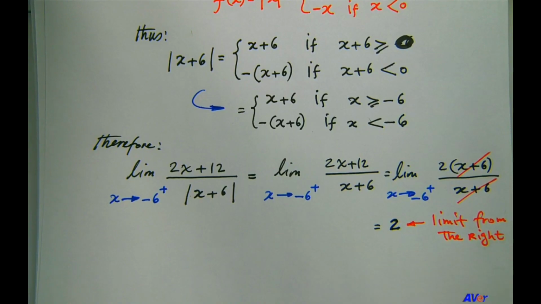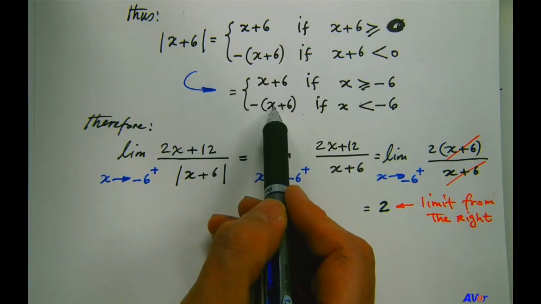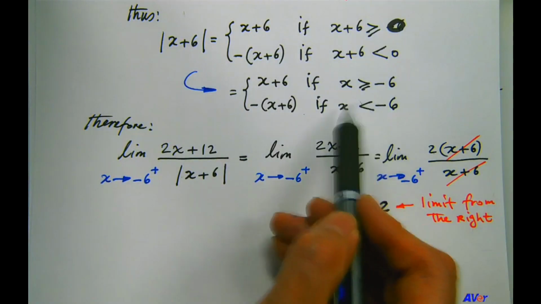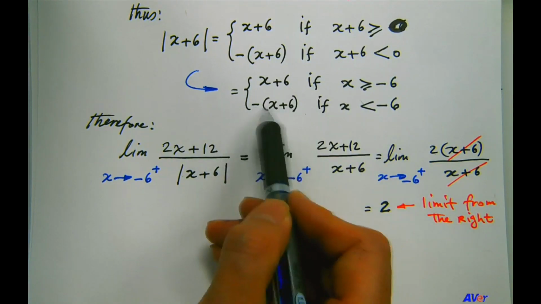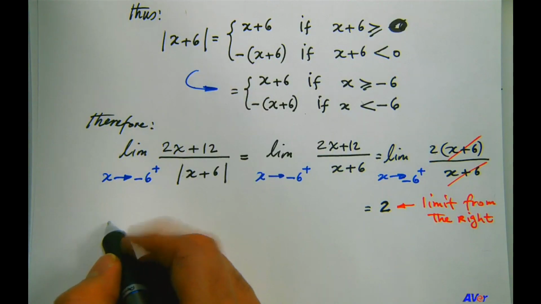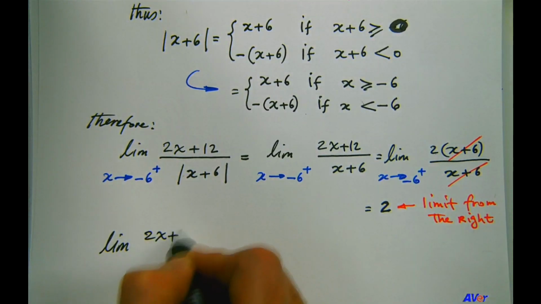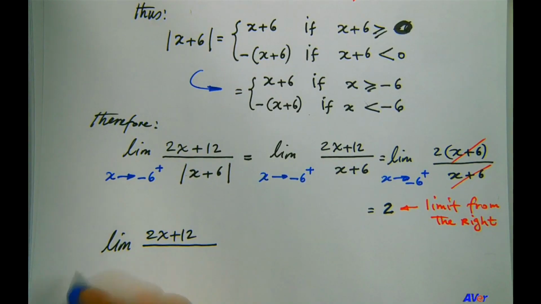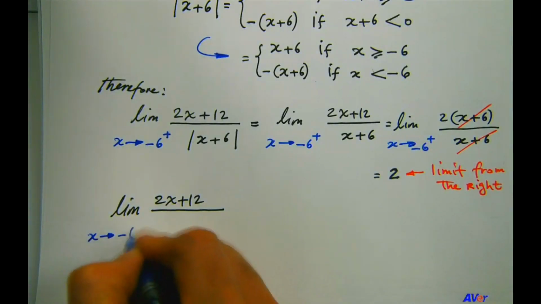From the right. Okay, so let's take the limit from the left, which means we have to use this piece, because when x is less than negative 6, or that means when x approaches negative 6 from the left, then we need to use this piece for the denominator. So we have the limit of 2x plus 12 divided by, and let me just make sure that it says it here, as x approaches negative 6 from the left,